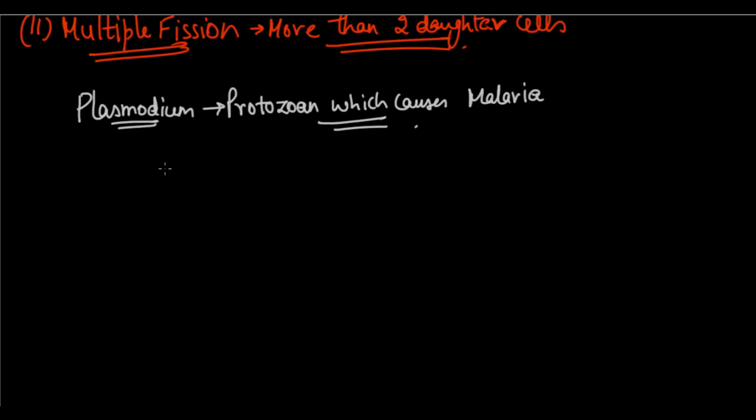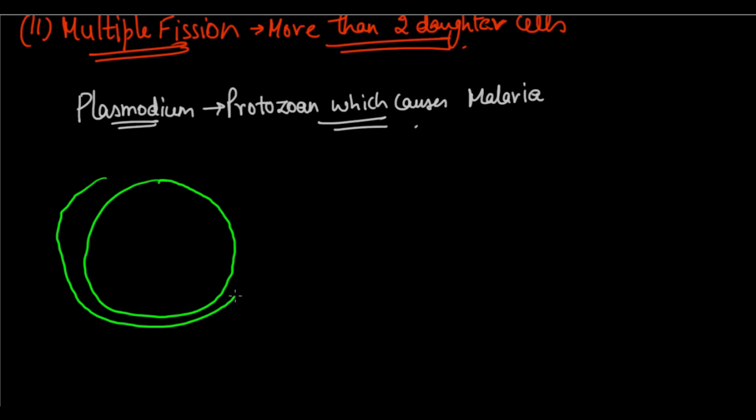So let's take a simple Plasmodium. So you know this is a simple Plasmodium. Looks something like this. Okay. I'm not good at drawing this Plasmodium, so if it doesn't come out too well, please forgive me. So this is going to be your Plasmodium. So this one cell here is the Plasmodium cell. So if it wants to divide, if it wants to multiply, so now this cell has to divide, right? This has to divide. So basically what happens is